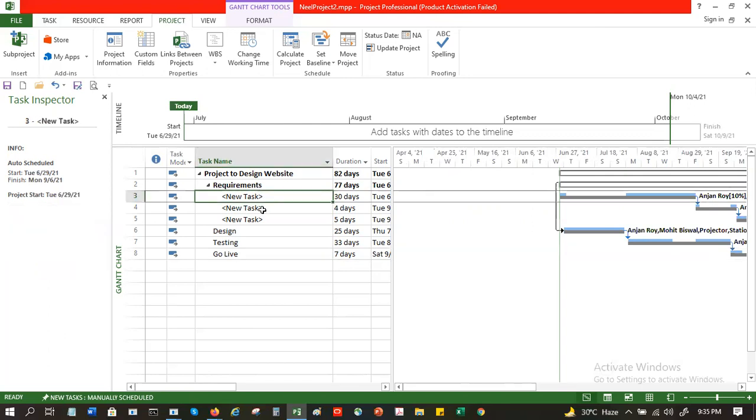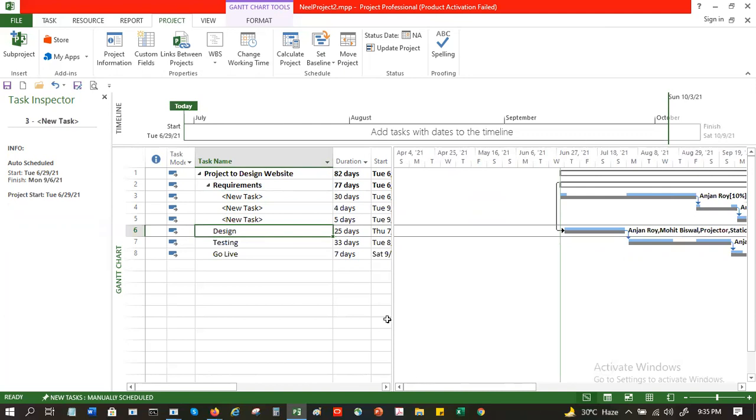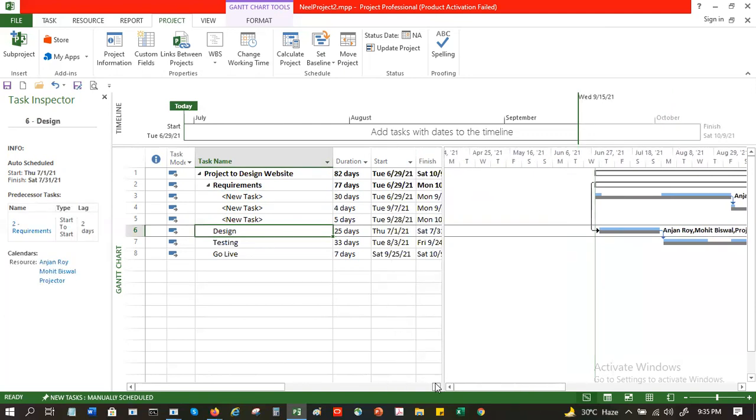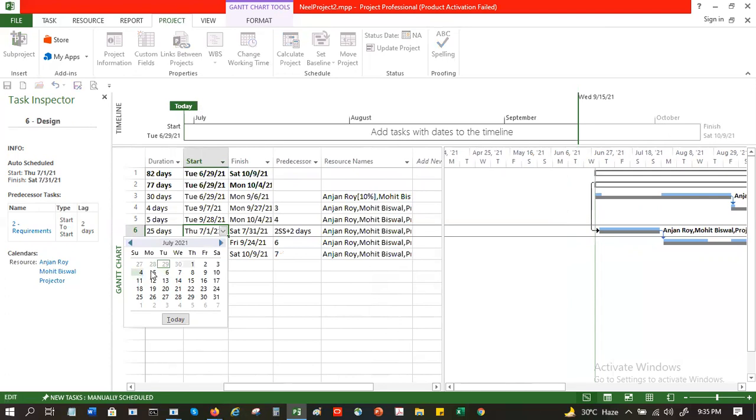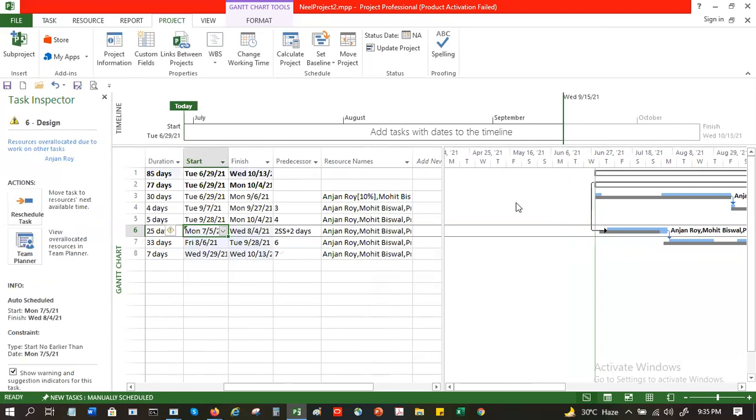And if you make any changes now, you will see this one is exactly the baseline, and the start date and start time are exactly the same. Suppose there has been a delay in your task, and instead of 1st of July, you now plan to start on, let's say, 5th of July. So what's going to happen? See, this line has moved.